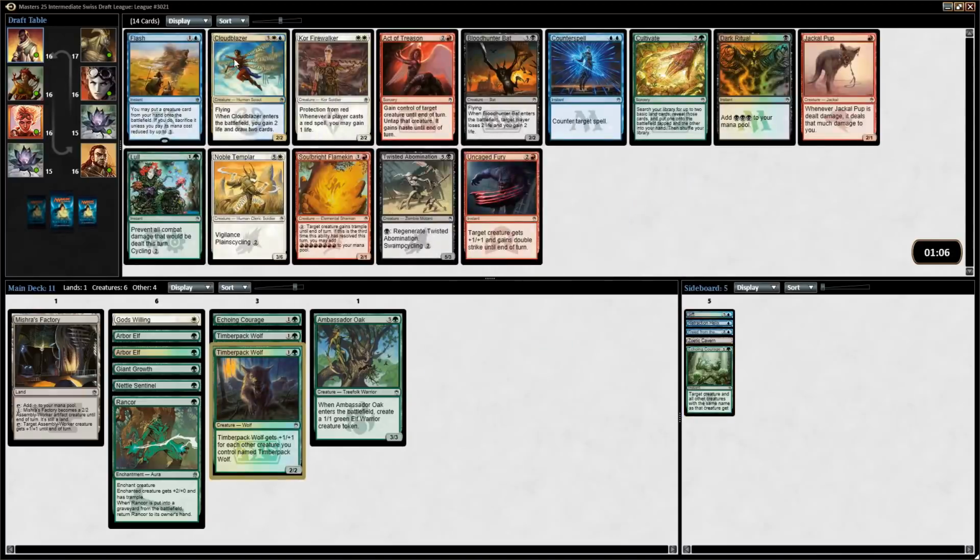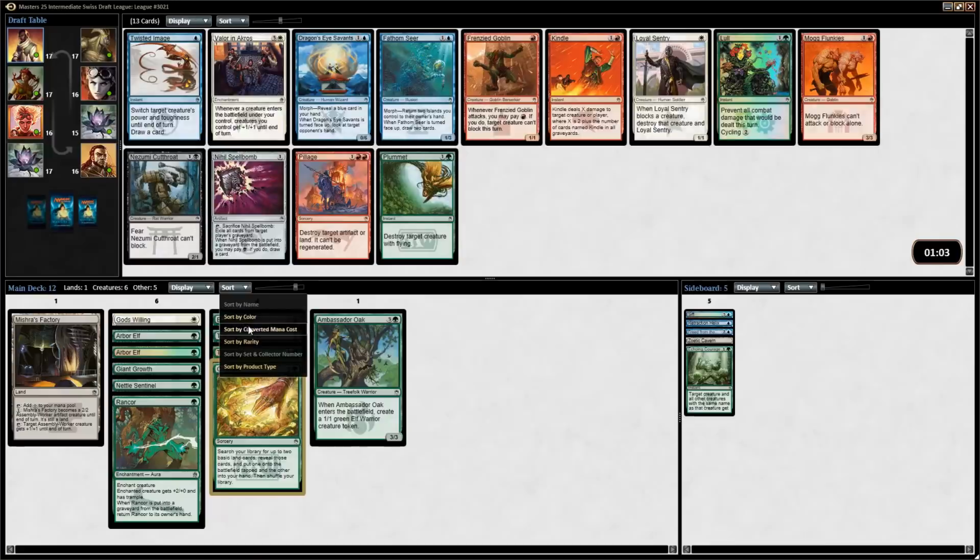Oh, Cloud Blazer. And Cultivate. So now, this is where it gets super interesting. We can take Cultivate. We have ramp in Arbor Elf, and we could just try to be a 5-color green deck. Otherwise, this pack is not good for us. There's not a green aggro card in this pack. So I think we take Cultivate and see what happens. It gives us more...